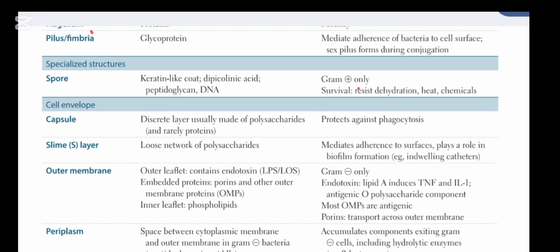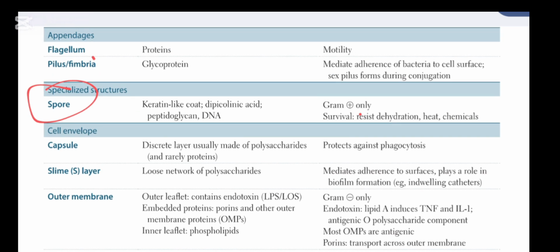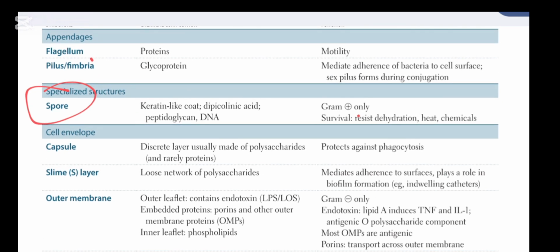So there is another specialized structure in the bacteria, that is the spore formation. So spores are basically made up of keratin-like coat and they contain the peptidoglycan and the DNA. So spore is a characteristic feature of the gram-positive bacteria and it helps survival of bacteria in dehydration conditions, in the heat conditions, and in the chemical environment, where there is not a favorable environment for the bacteria to